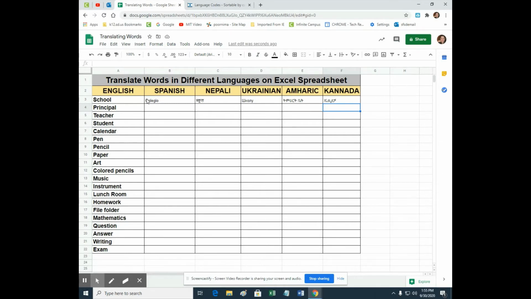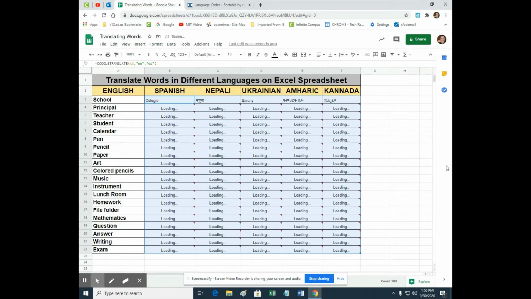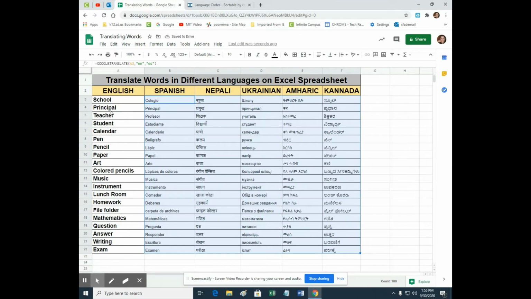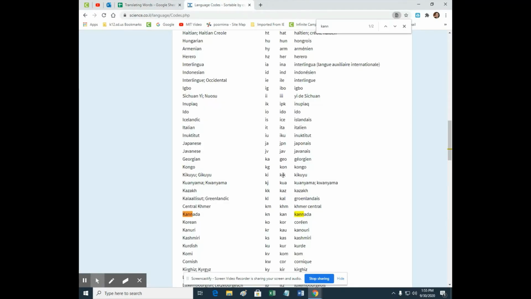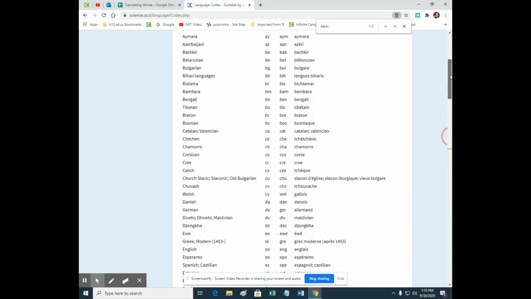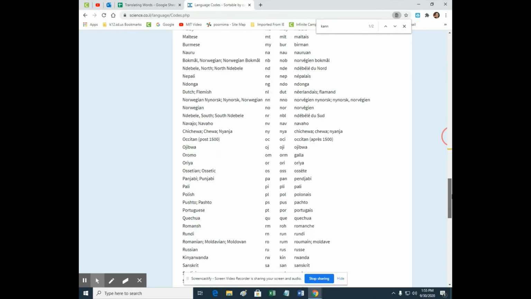You don't have to do all these things now individually. The coolest thing that you can do is just select all these words and drag down, and the Google Sheets will automatically load all the words in one instance. Voila, look at this. You have all these words in all these several languages. So this is a cool tool I wanted to share with you. And if you want to try other languages, go to this website, and then you will find several other languages